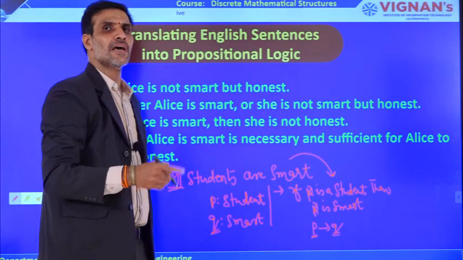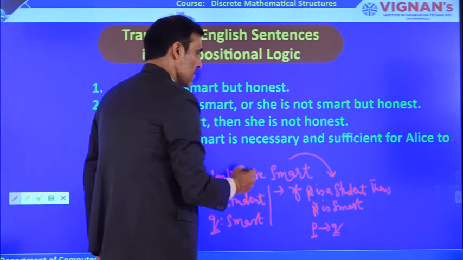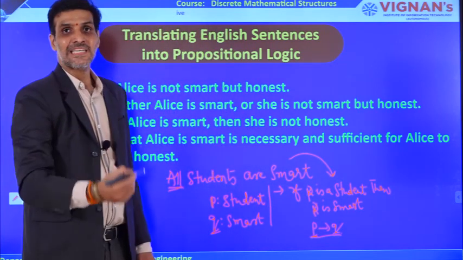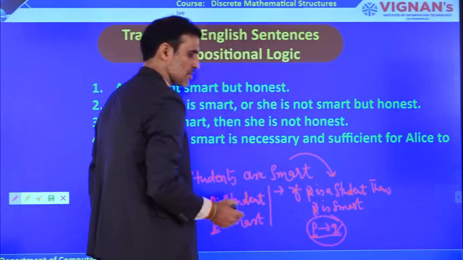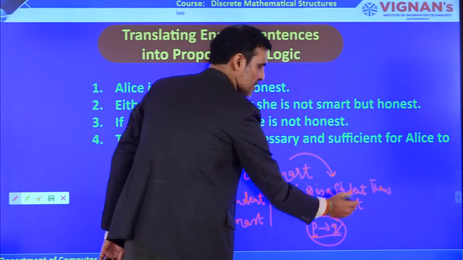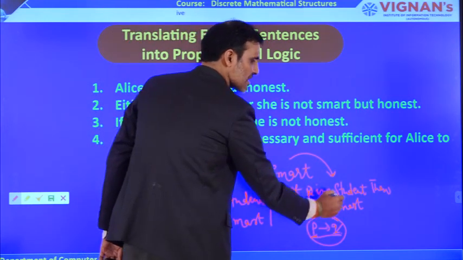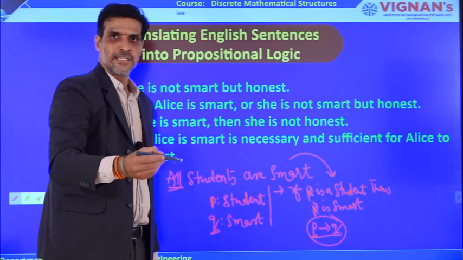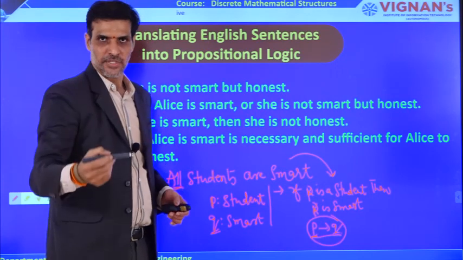All the students in the class are smart. All the students means you need some variable. So how do we represent that variable here? It is not possible by using the syntax of propositional logic. So this is not the correct way to represent it. If only one student is there, suppose Ram is a student and Ram is smart, then I can write P indicates Ram is a student and Q indicates Ram is smart, no problem. But here it is mentioned that all the students are smart. So to represent all, there is no syntax in propositional logic.